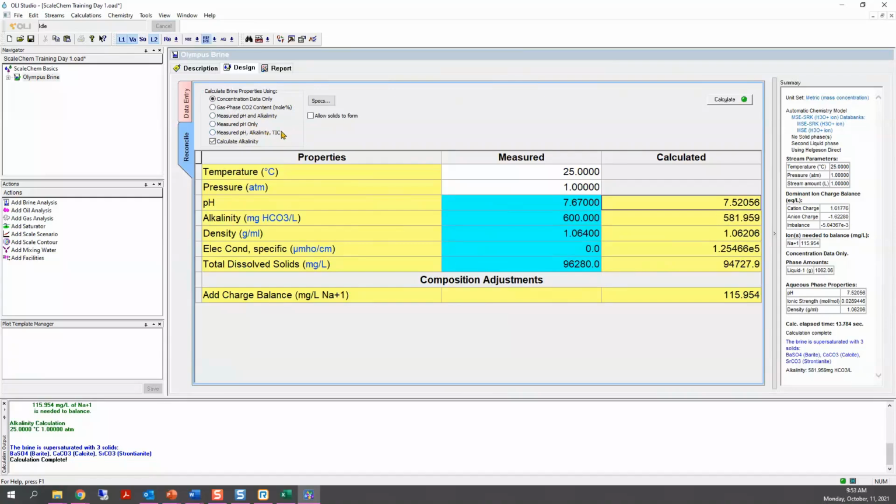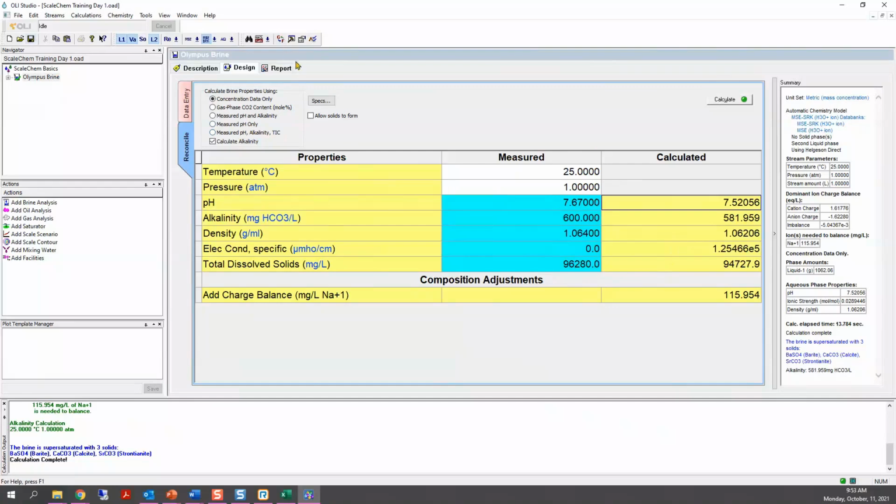But for training purposes, and I will also do some calculations in the future using some of these options so you can see what the software is doing. But for training calculations, we are going to say, this is okay, it's not that far, we're good, we can move on. So this is a good representation of my brine, and we can go to the next calculation.